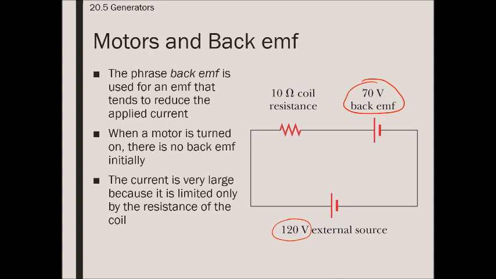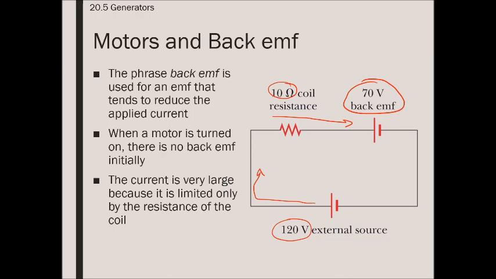So you notice the battery is going the opposite direction. We have the current coming across here. That coil is made of wire and it has a resistance, although a small resistance, and that current comes through. Basically this back EMF is what we put into our model to say that the EMF of the induced current is opposing that